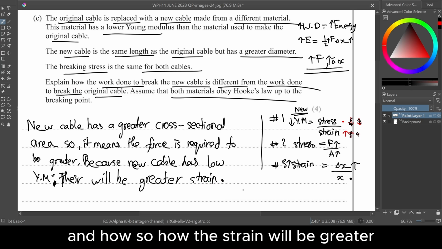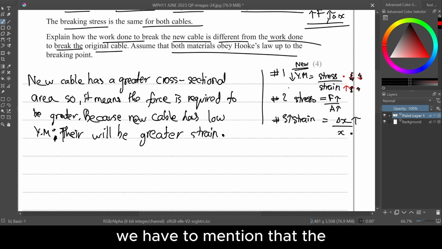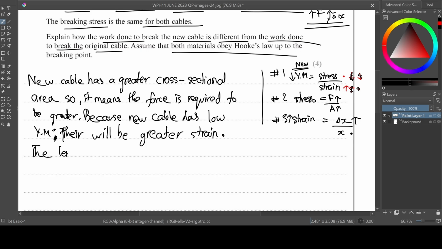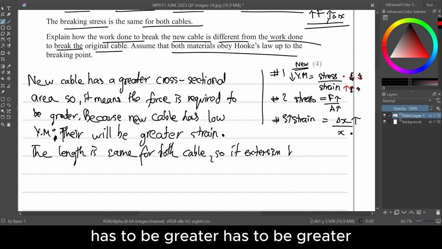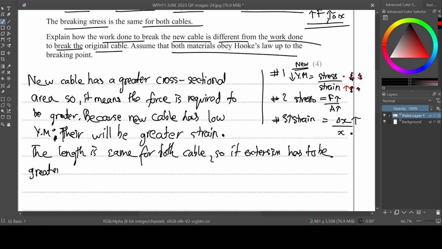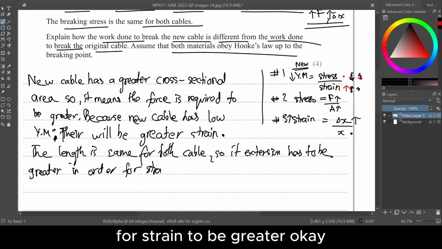And how so? How will the strain be greater? We have to mention that the length is same for both cables, so the extension has to be greater in order for strain to be greater. Okay,